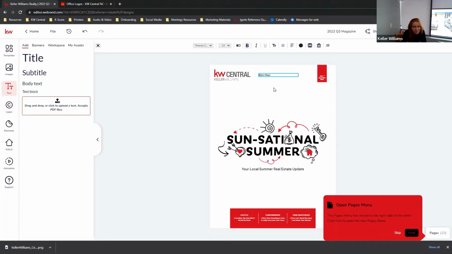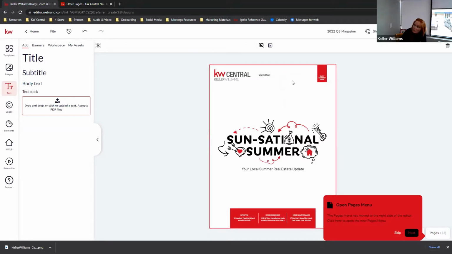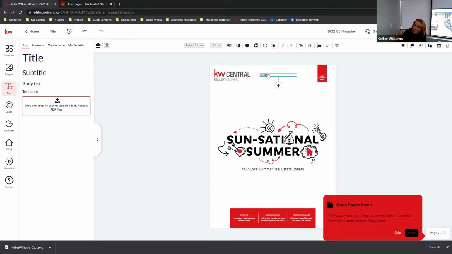Everybody keep in mind too, with this magazine, you're making this your own. All of the stuff that's on here is just suggestions, down to if you don't want to have your name on the front page, you don't have to. Obviously you want your name and your information somewhere on it. Sure. It doesn't look like it fits. Just click anywhere and then go back and click on it again. I know that's weird. Click outside of that box for a second. Yep. Now click back in it just once and hit the trash can button.